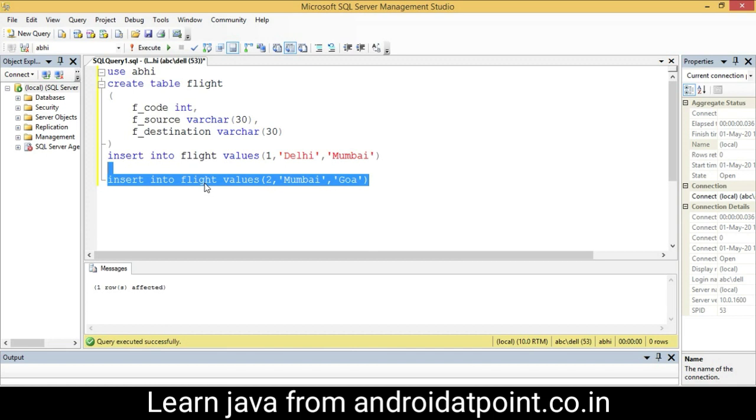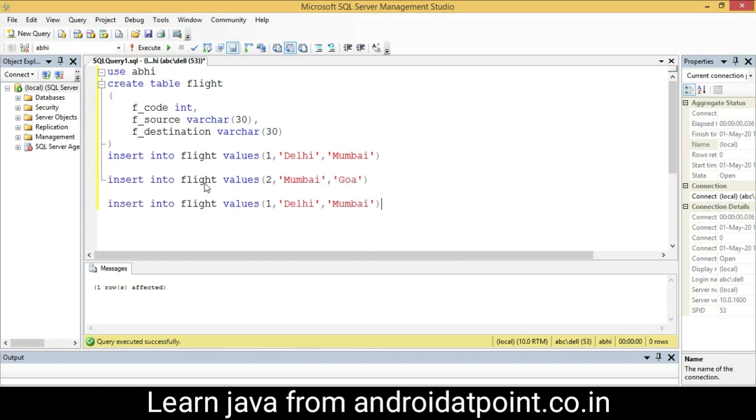Execute it, and paste again. Third record: flight code 3, flight source Gorakhpur and destination Mumbai. Select it and execute it.